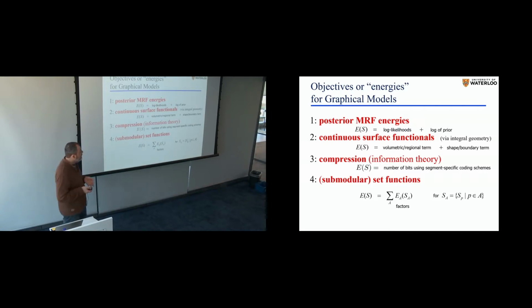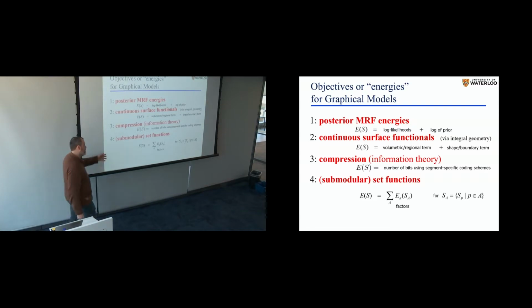I just want to say that these objectives can be derived and motivated from totally different perspectives. I went through all of those phases, at different points of my life, I suppose. I started from MRF, and you can think about them as log likelihoods plus logs of priors. You can go through a geometric perspective and think about those as geometric objectives. Information theory, I love this. This is very good and gives you lots of insights. In particular, you can motivate sparsity objectives this way in a very nice way.